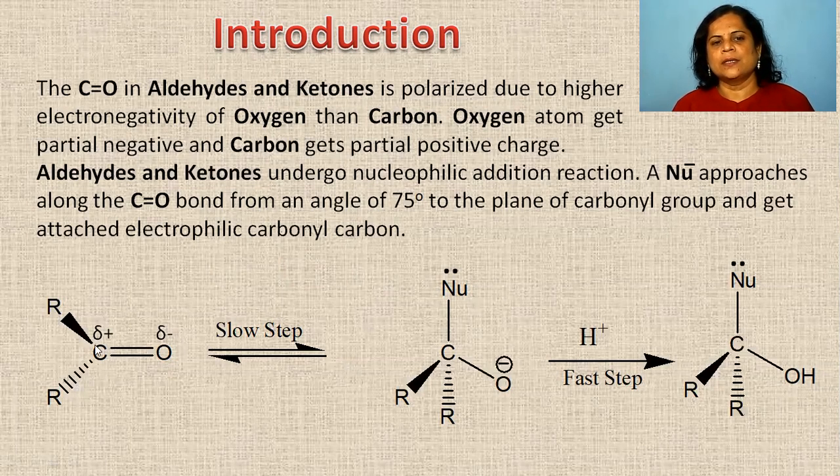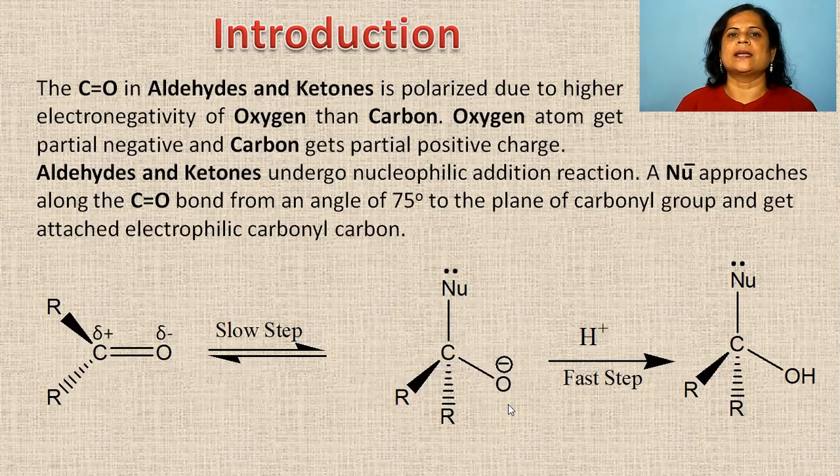Now see in the reaction, the carbonyl carbon has the positive charge and the oxygen has the negative charge. When the nucleophile approaches the carbonyl group, it gets attracted towards the carbon as it is electrophilic in nature, and therefore it forms a bond with the carbonyl carbon. The negatively charged oxygen takes one proton, forming the OH. This means that the C double bond O structure is converted into a single bond structure in which the nucleophile is added on the carbonyl carbon and the hydrogen is with the oxygen.